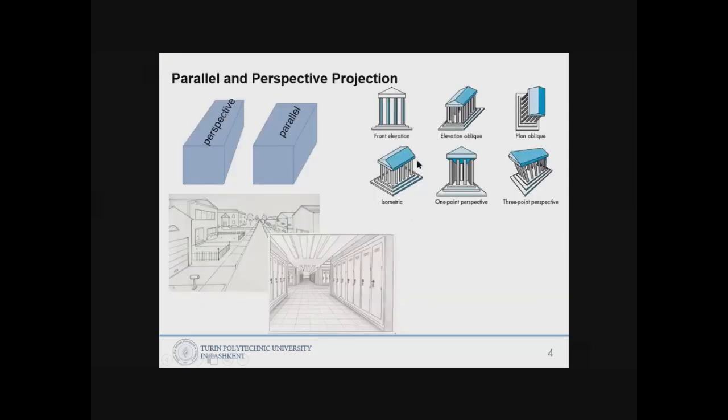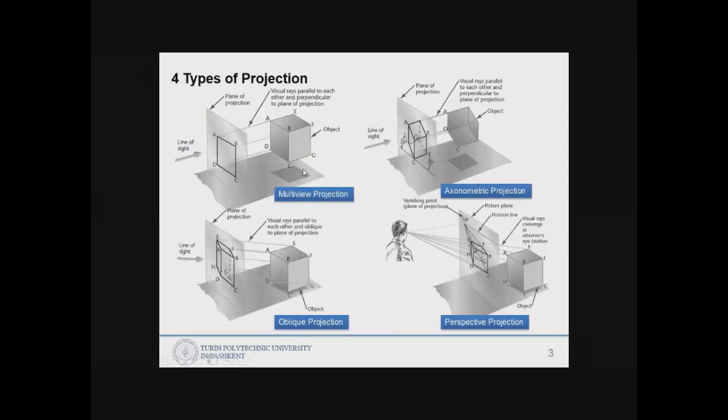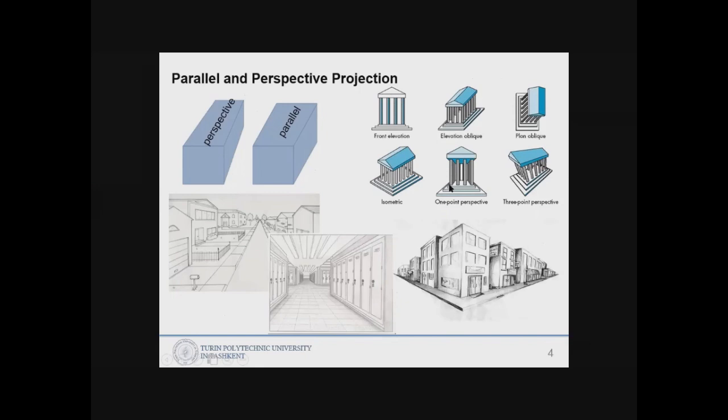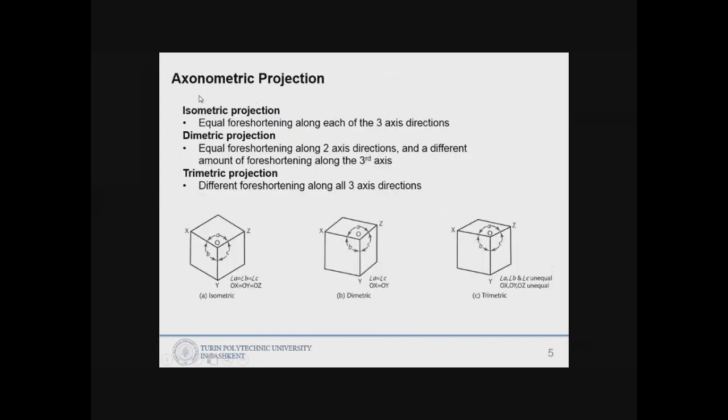Okay, how about axonometric projection? It is the same as the top right hand side one. The right and left hand sides have a 30-degree slope. Okay, so axonometric projection also has types. It has 3 types. The first one is isometric projection, just isometric projection. Isometric is like this. When you have 3 equal directions,